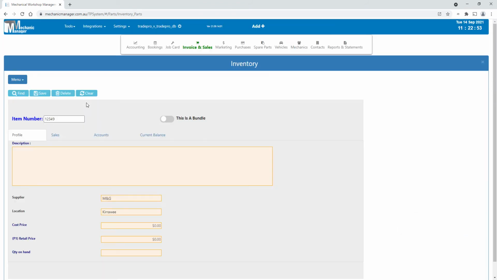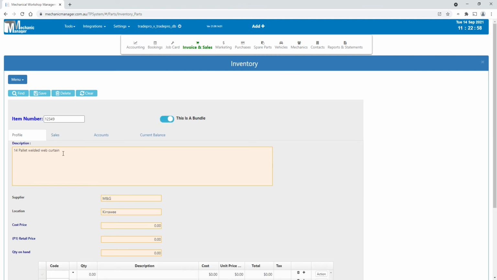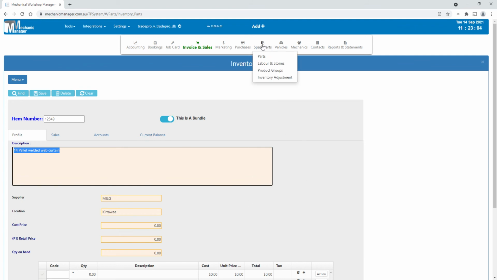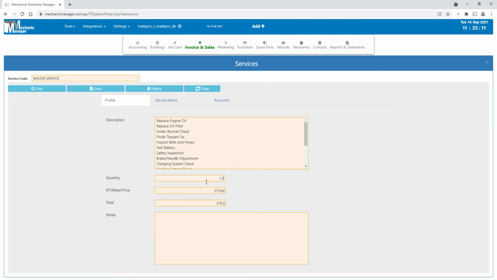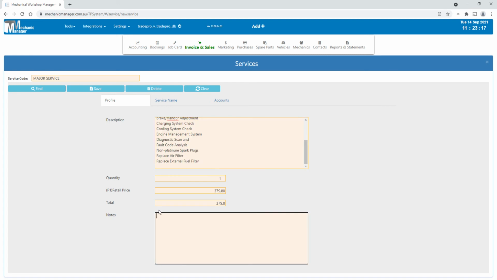find a part, and it's your part profile, just the description. You can have a lot of text there, a big story if you want, for a bundle, for example. You've also got labour and stories. So here's a major service. There's the story there, and they'll go straight on the invoice. You can add some notes, like this bolt needs this size wrench or whatever